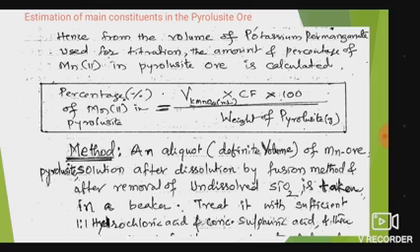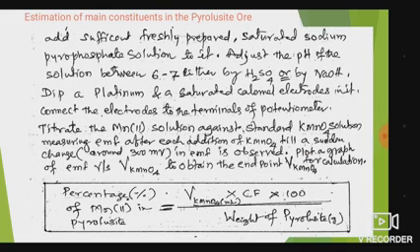So the method: a definite volume of the Mn ore pyrolusite solution, after dissolution by the fusion method and after removal of undissolved SiO2, is taken in a beaker. Treat it with sufficient 1:1 hydrochloric acid and concentrated sulfuric acid, and then add sufficient freshly prepared saturated sodium pyrophosphate solution to it. Then adjust the pH of the solution between 6 to 7,